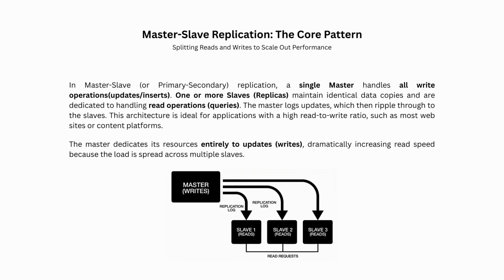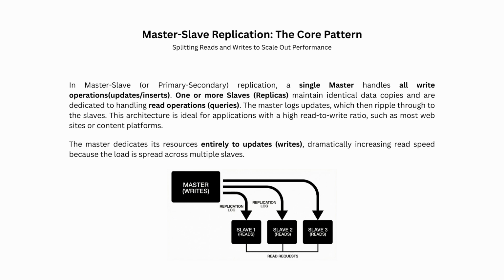A classic replication pattern is master slave. In this configuration, the master server is the source of truth. Any change, an update, a deletion, a new record, must occur here. The slaves or replicas hold synchronized copies of data. Why separate them? Because most applications, especially web services, are read heavy. By offloading read traffic to dedicated slave servers, you reduce the load on the master, leading to massive scalability gains